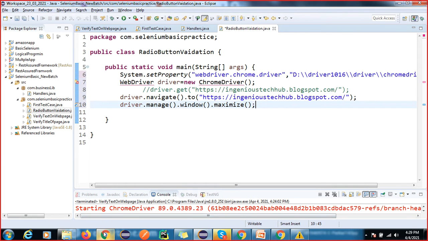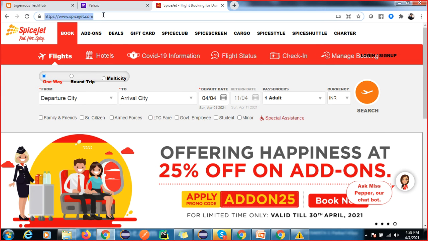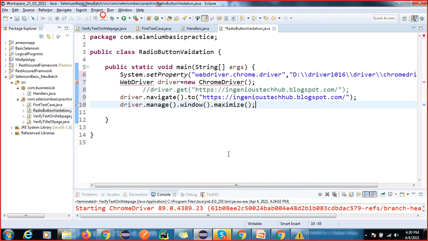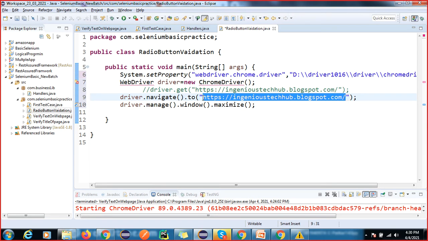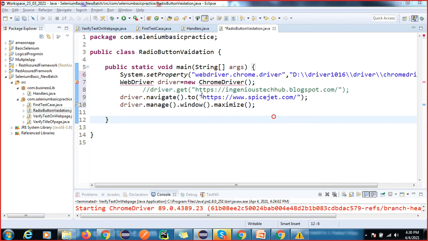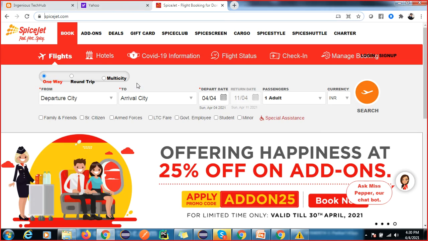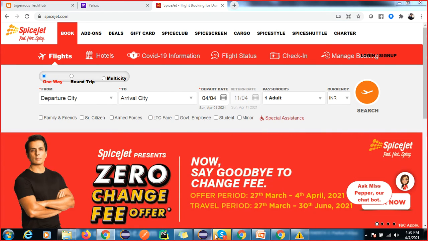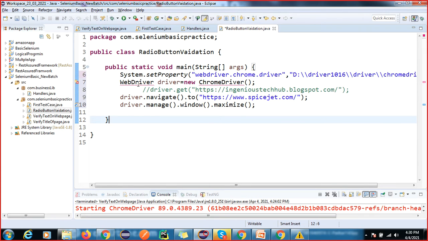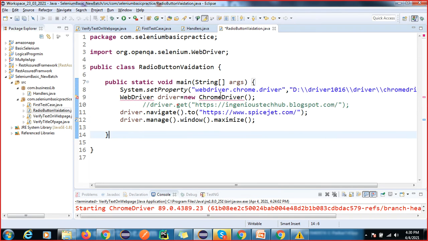We just have to change the URL. So the URL is this, SpiceJet, and just change it here. Now you have to find the element, right? So just import this, and import this.